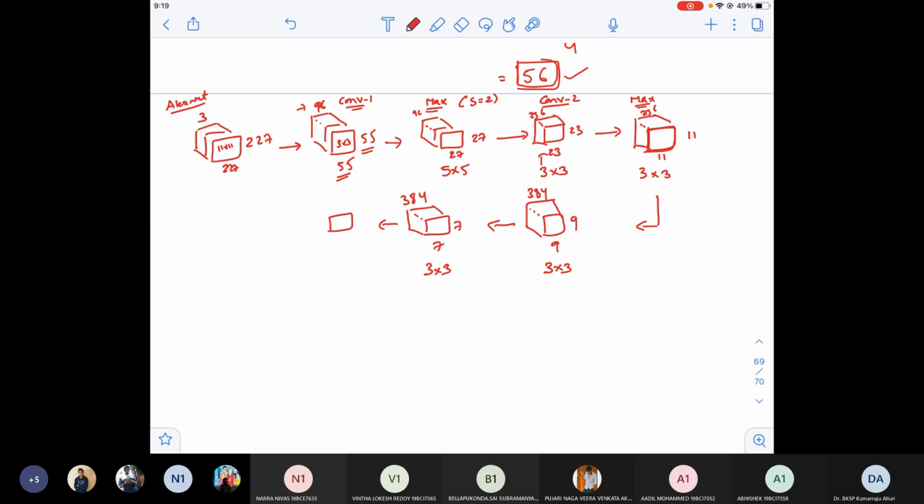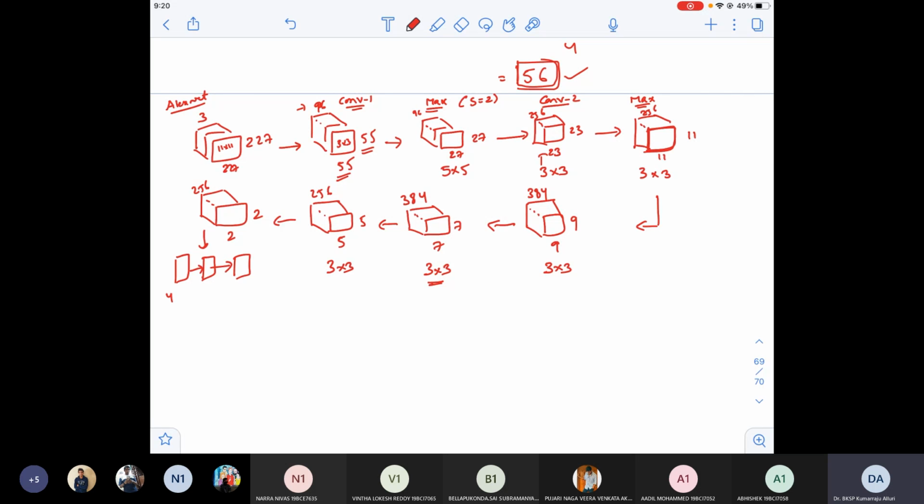And 9, and then 7 by 7. They applied a 3 by 3 filter, and then got 5 cross 5 with the depth 256. That means 256 3 by 3 kernels were applied, and finally they got 2 by 2. They applied again a 3 by 3 filter here. They got 2 by 2, and the depth is 256. And then it was connected to fully connected layers 1, 2, and 3, like this.